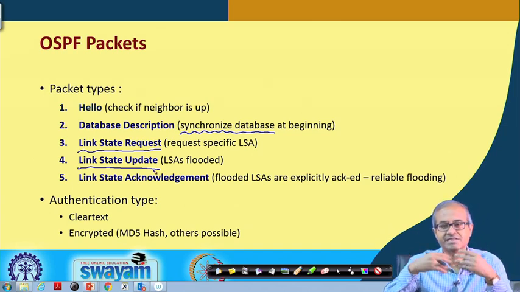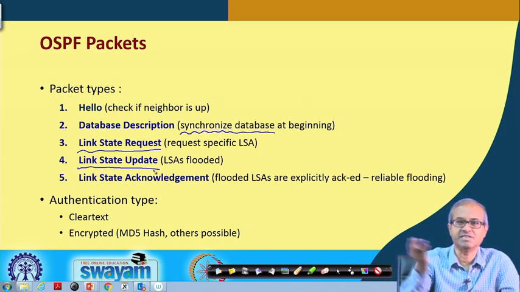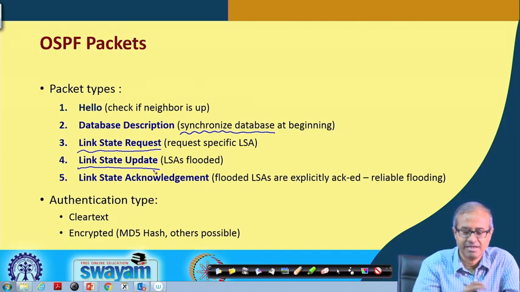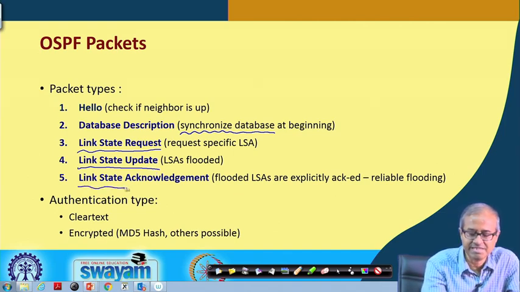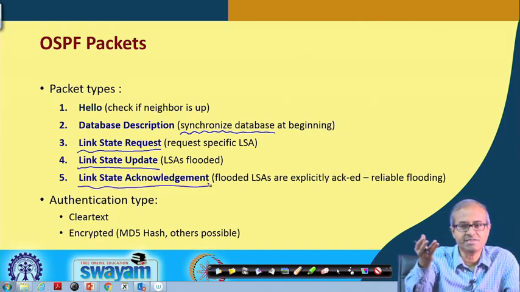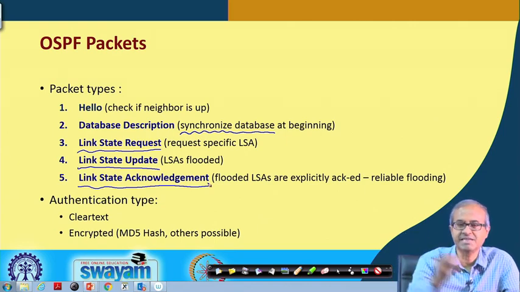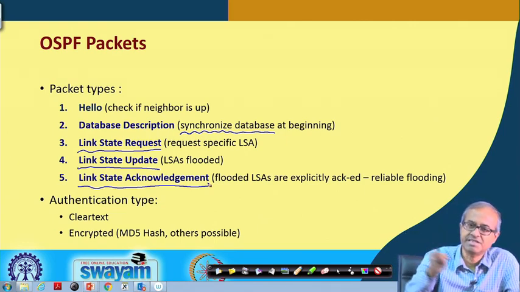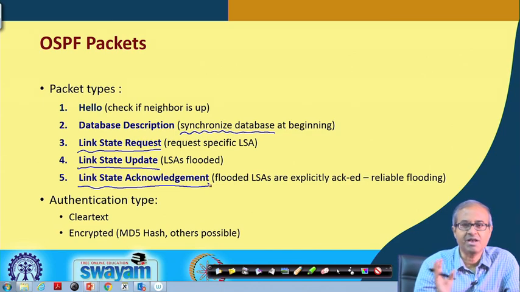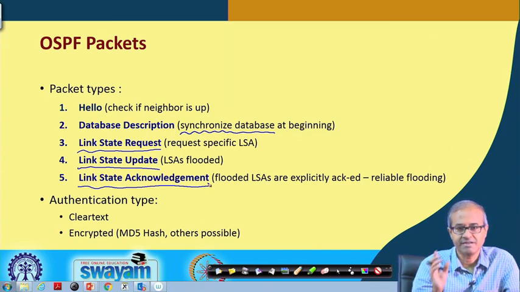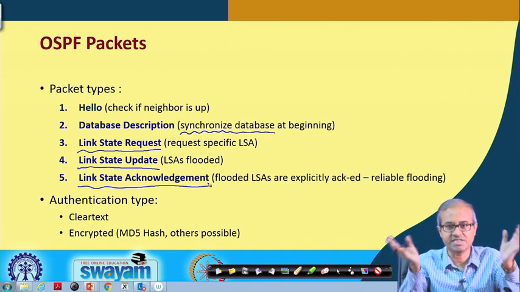That is actually the link state information which a router sends to some other router. And link state acknowledgement means once some router receives a link state advertisement, it will send back an acknowledgement that, well, I have received it correctly,